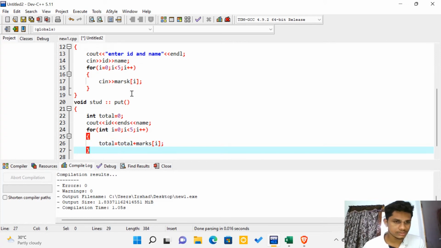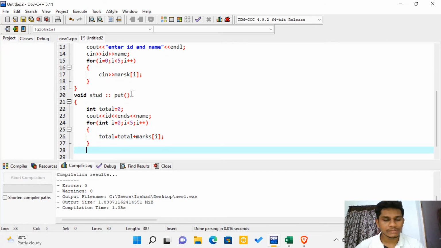Okay, good. We have taken the total marks. If you want to return the total marks, we can also return. But here we have to check if the person has got any marks less than 35, then he fails, right? So for that, for i equals 0 and i less than 5,